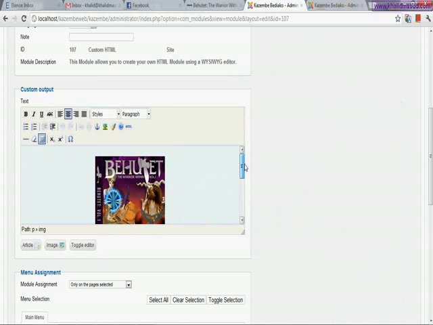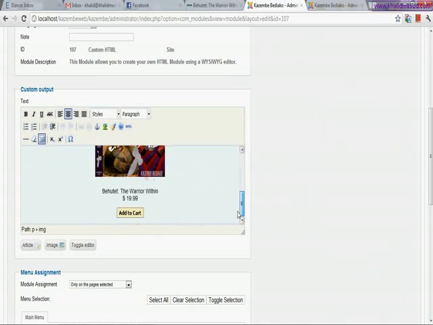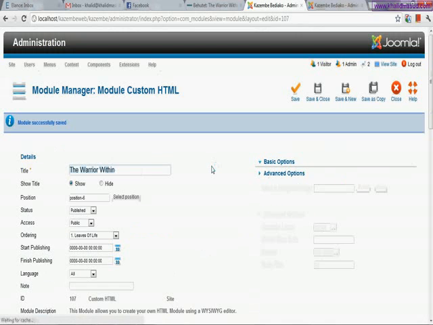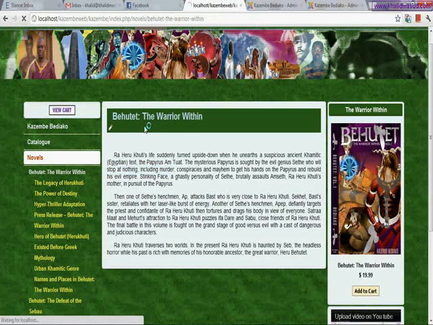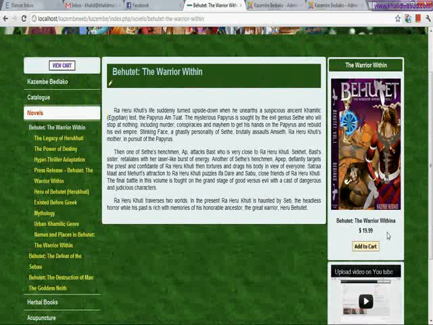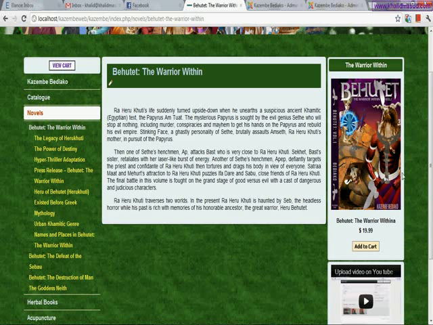But we can't simply copy and paste the book title here and make use of all this code. We have to write some special lines for that, which I have already shown you, and you can do this by selecting this toggle editor button. But the main problem comes when I edit this and save this module here and go to this website again. As I made the changes only in the text line, nothing has happened to this module.